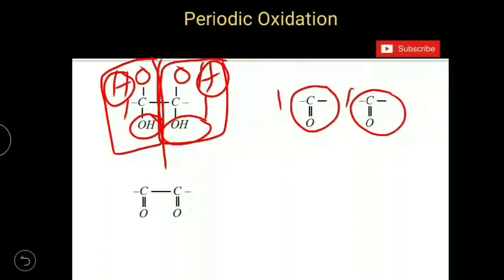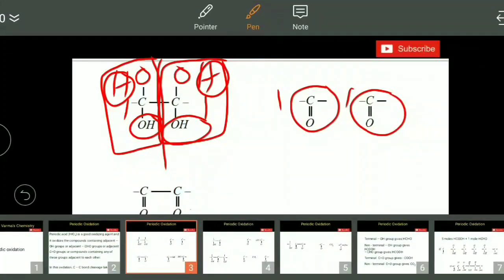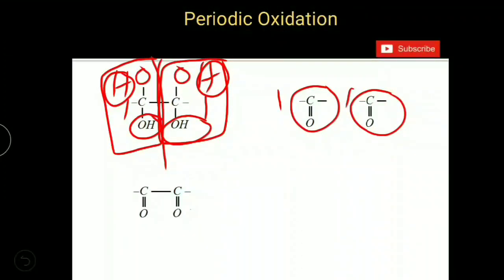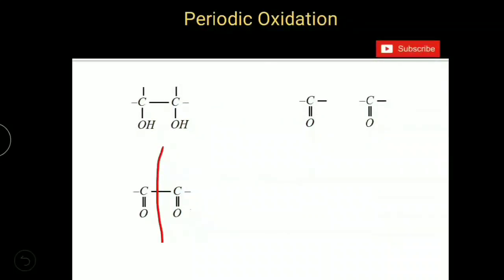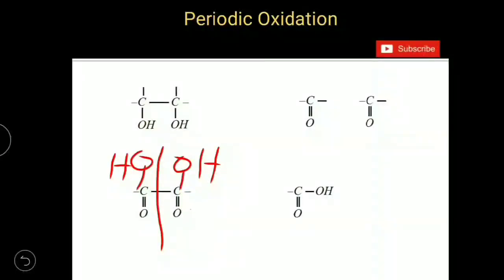Next, come to a dione. It can be a combination of two ketones or one ketone and one aldehyde. It is a dicarbonyl compound. Once again, in periodic oxidation, C-C bond cleavage takes place. So break the carbon-carbon bond here and add OH groups on both sides of the cleavage. And these OH groups are added to the carbon atoms. So what is the group we got here? C double bond O OH, which means a carboxylic acid group is formed.